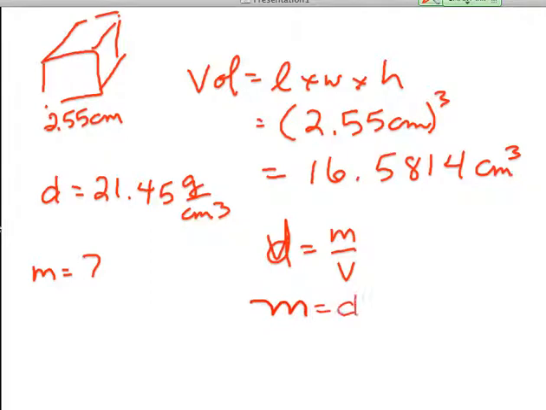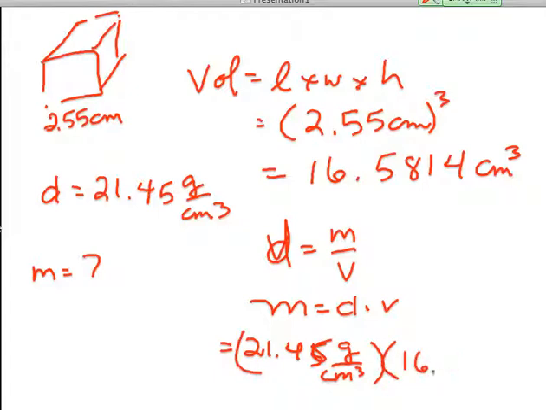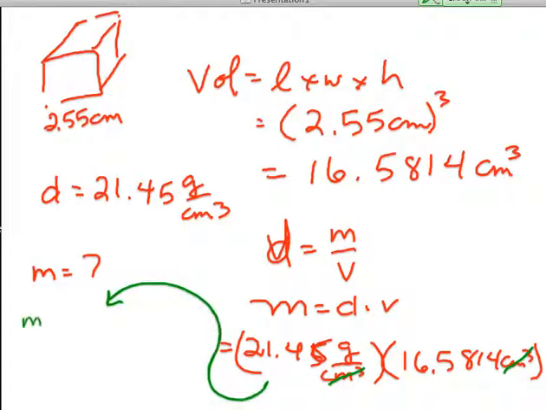Mass then is equal to density times volume. 21.45 grams, that's a 5, per centimeter cubed, times my volume of 16.5814 centimeters cubed. These cancel out. 21.45 times 16.583. I get mass equal to